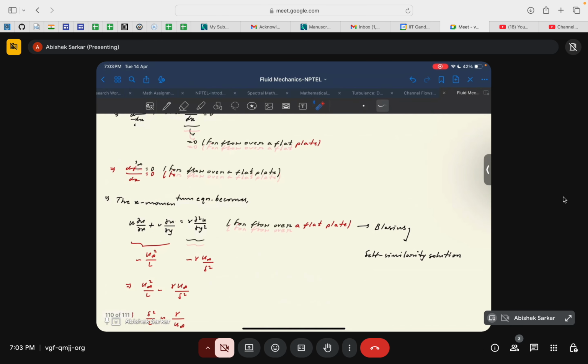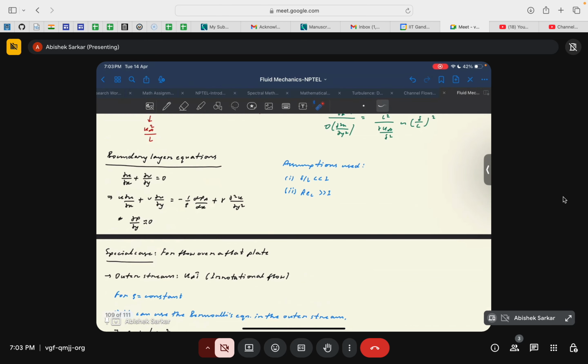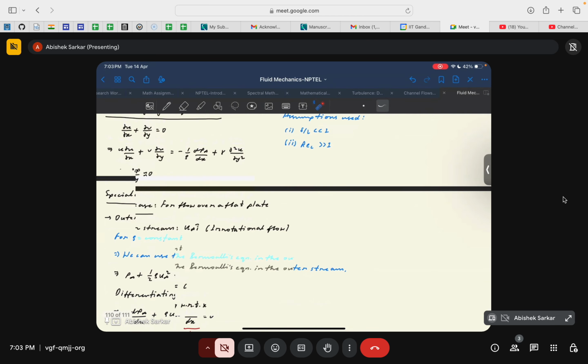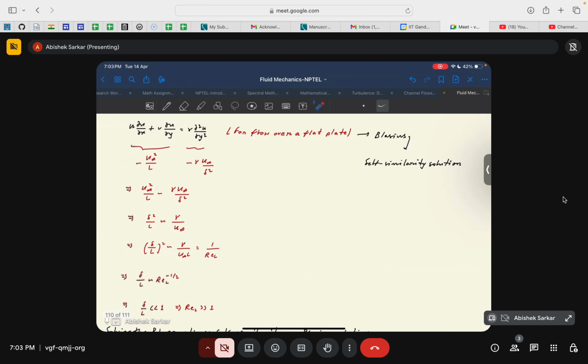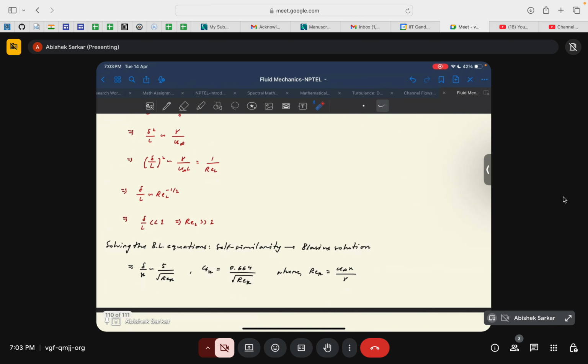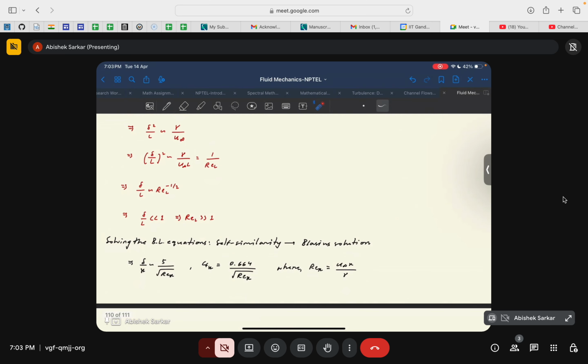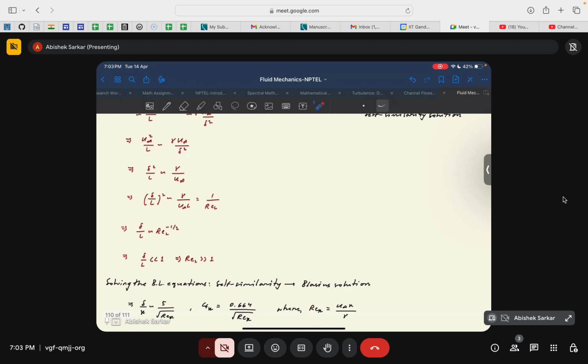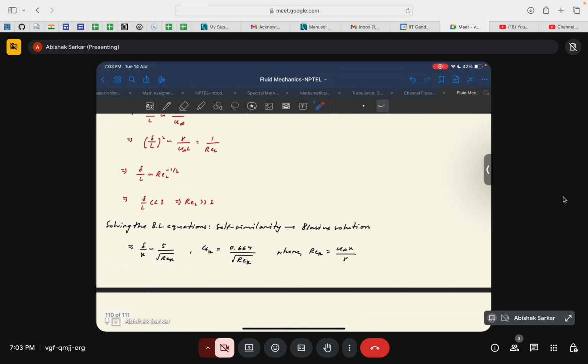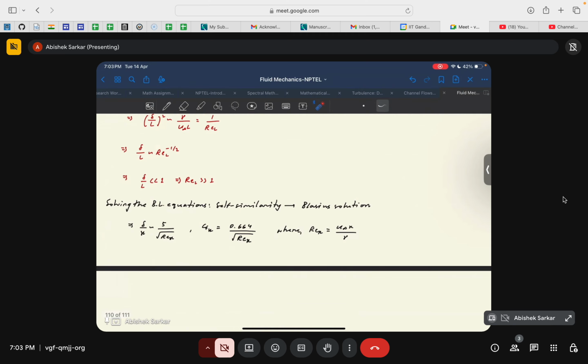Although even earlier it seemed like these are two separate conditions, these two are actually coupled conditions that we have to apply while solving the boundary layer equations. So as I was saying, Blasius solved the boundary layer equation. Blasius is the name of the scientist who solved these boundary layer equations by imposing a self-similarity condition. And what he found out is that his solutions, although approximate, are brilliant solutions, and they tell us that